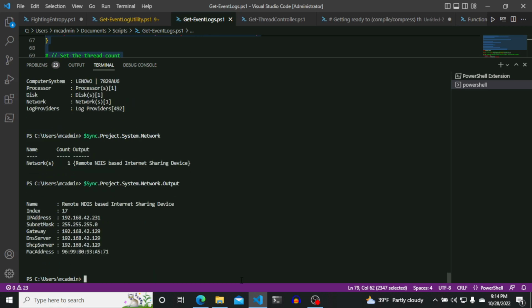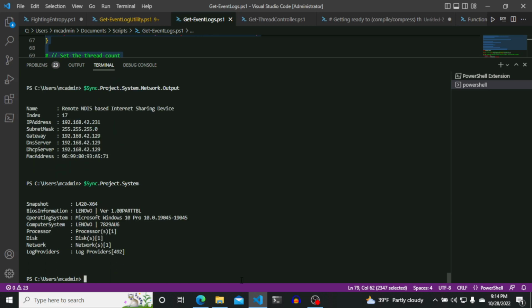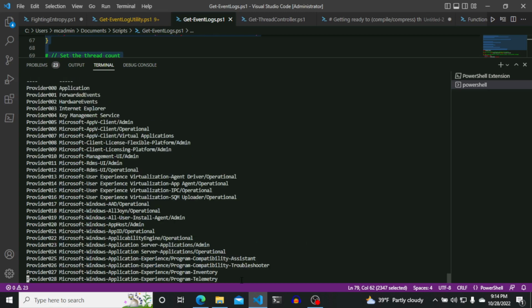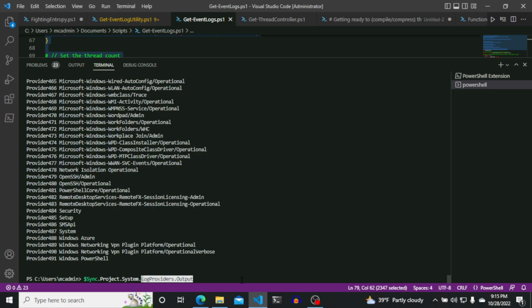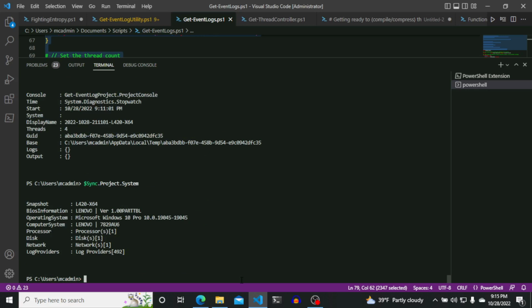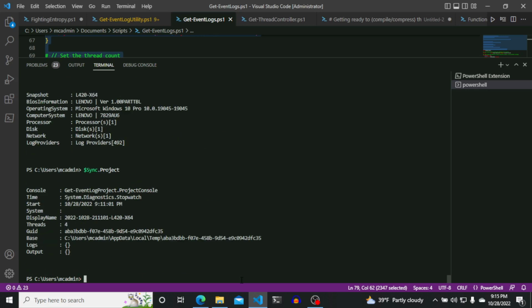system.network.output. All right, so it's not showing all of the adapters in the system. It's only showing one that has access, or has an uplink or whatever. And then log providers. So there's all that. And so all that information helps to collect the logs. And then